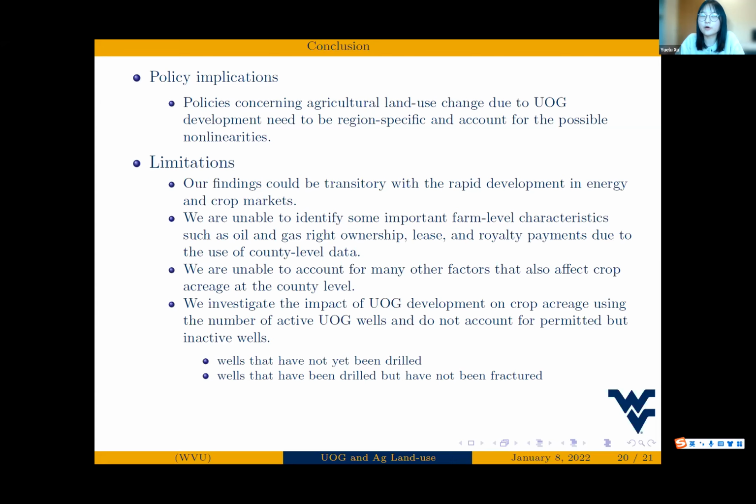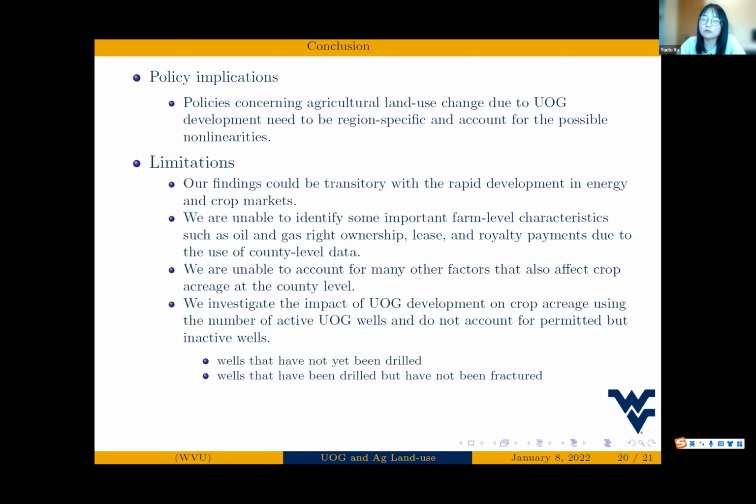For example, farmer risk preference of crop production. As long as these variables are uncorrelated with the key explanatory variable, the UOG variables, the coefficient estimation results for UOG variables should be consistent. And finally, we investigate the impact of UOG development on crop acreage using the number of active UOG wells, and